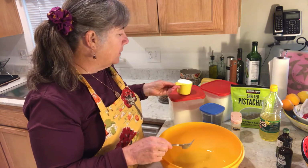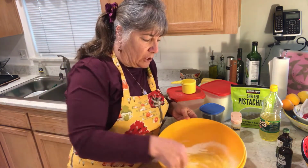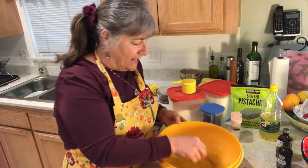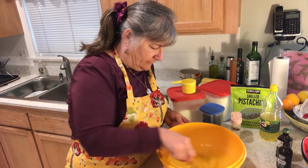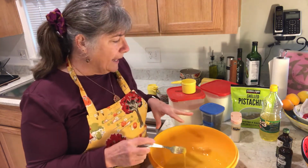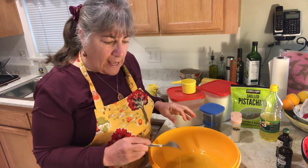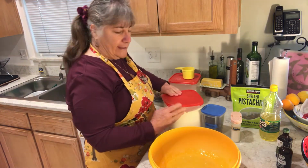And now I'm going to put in my 1 cup of sugar and give that a good swirl. And you can see it's starting to thicken up a little bit. Oh, love that vanilla smell. Get your smell-ometers on. Woo! Nice, nice, nice. All right, so I like to put in the liquid stuff together with the sugar, and I've got that all mixed up. So now I'm going to go ahead and put in my flour,